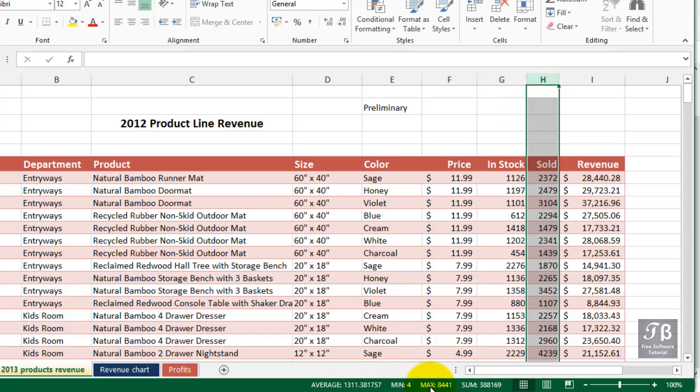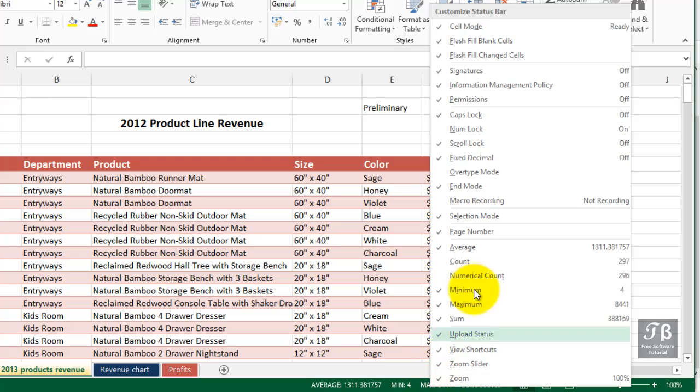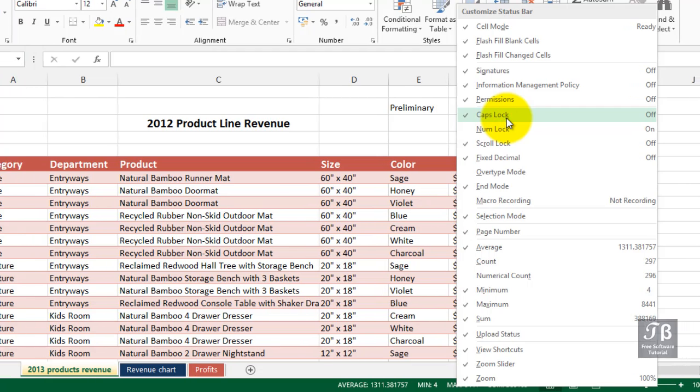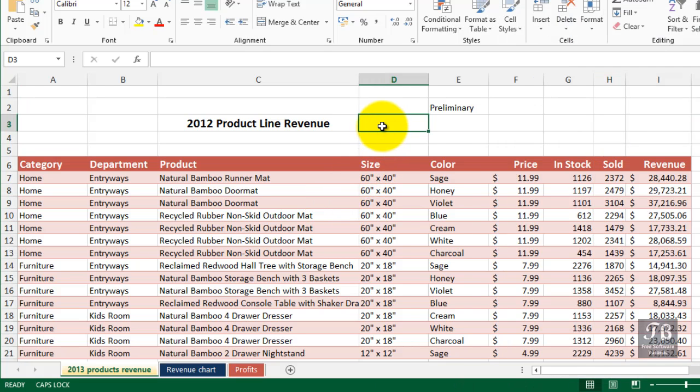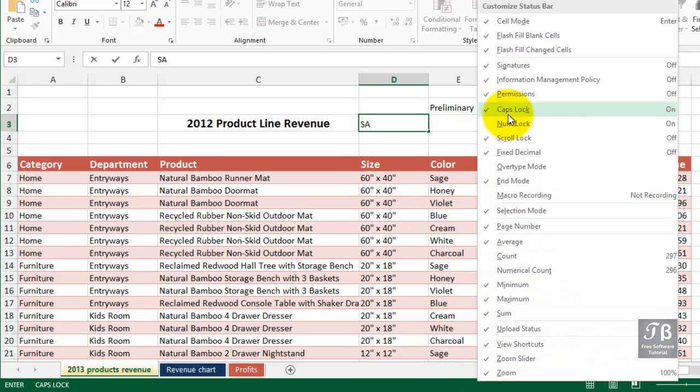You may have seen some other options too, as I right-click again on the status bar, Caps Lock and Num Lock. Now, when these features are selected, you'll likely see on your keyboard a light go on, but maybe I want to have an additional indicator, and I don't see one for Caps Lock, so I'll check that. And what happens now as I'm working with Excel, suppose I'm about to type here, and I'm realizing it's coming out the wrong way. I'll look in the bottom of my screen and say, oh yeah, Caps Lock is on. I see that there. Right-click anywhere within the status bar and decide whether you want to see or have active